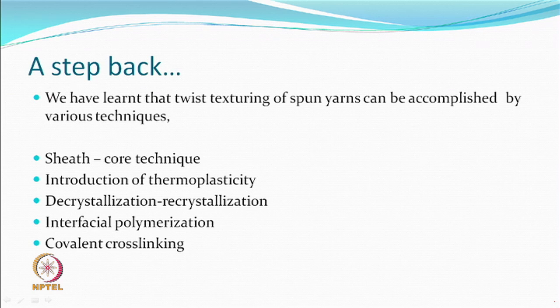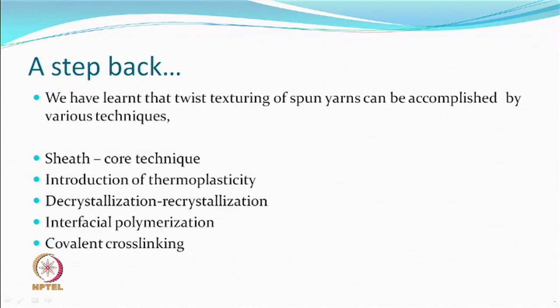For cellulosic materials, you can change the surface by coating a thermoplastic polymer, which could be done by interfacial polymerization, and also covalent cross-linking, which today we will consider a little more